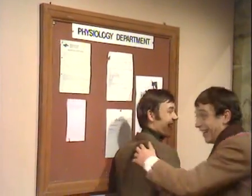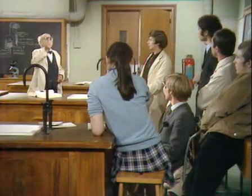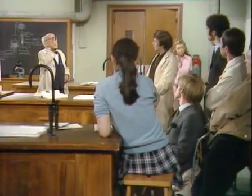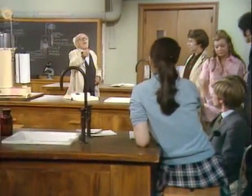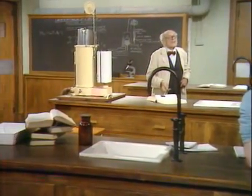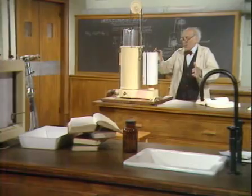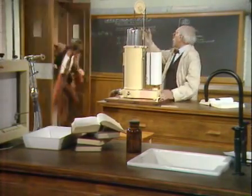Second floor. So it becomes clear that in any given time, the body must use up more oxygen during and immediately after strenuous physical exercise. Now, the purpose of our demonstration is to show...